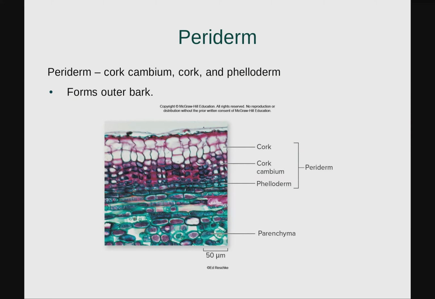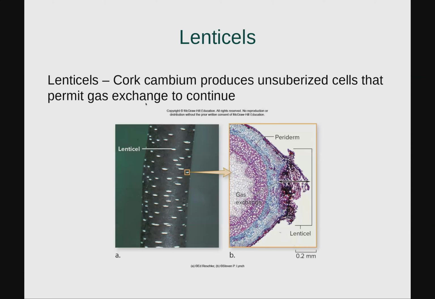So the first is the periderm, which is comprised of the cork cambium, the cork, and the phelloderm, which forms the outer bark. And you can see we have the periderm here, which is the outer bark. And then we can see our parenchyma, which are those living sort of functioning cells along the inside of the tree. We also have a specialized part of bark, which we see in trees such as birch trees, which are